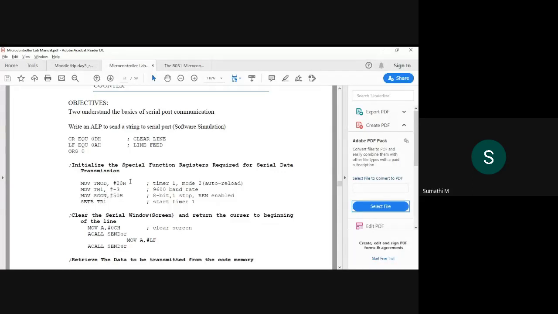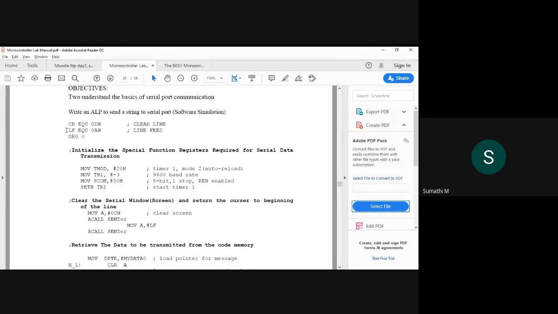So what am I basically doing in the initial part, listen here. I am starting the timer. I'm selecting which timer I am going to use. I'm selecting the mode: this is 8-bit auto reload. I'm setting the speed also. Speed here is the baud rate. There are different baud rates. Your microcontroller, you would have seen, is at 9600 baud rate. So when I give TH1 equal to 0FDh, that is -3, it is 9600 baud rate. This I've also explained in the theory part. Now since it is serial communication, SCON is equal to 50h. It will select 8 bit, 1 stop bit. Fine. So these are the basic things I'm doing.